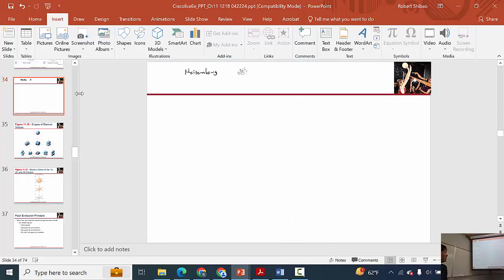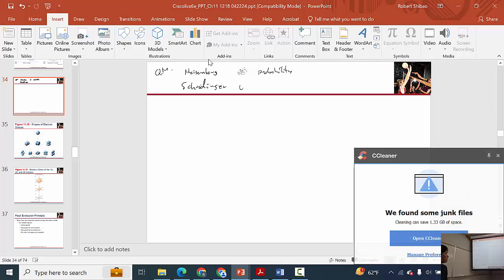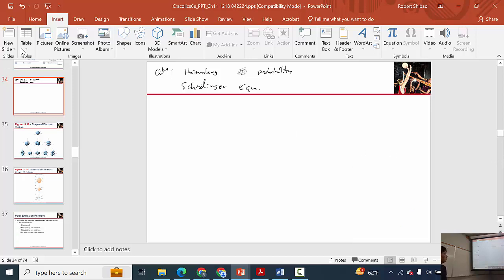So Heisenberg, we have to think in terms of probability. And so when we visualize electrons, it's a bit different than Bohr. This is in quantum mechanics, QM, I just call it quantum mechanics. And then the orbitals are going to come from the Schrodinger equation. And so let's summarize what we get from the Schrodinger equation. We get orbitals,